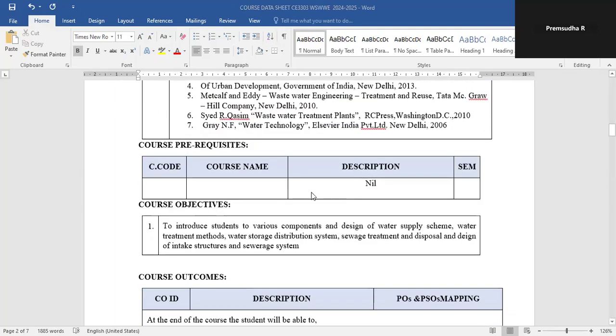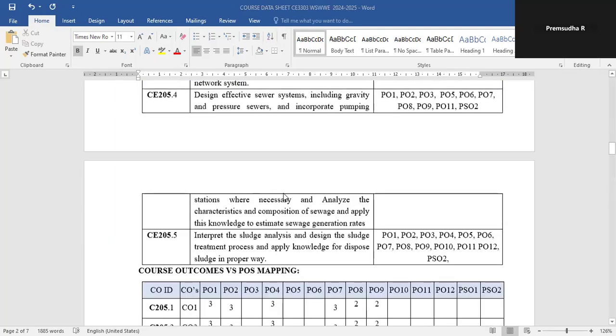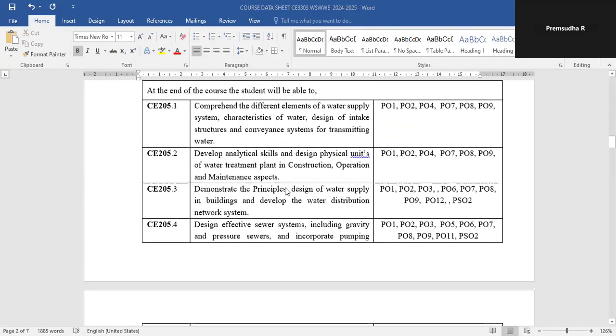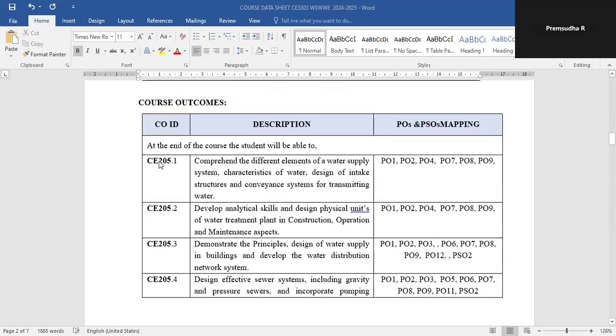Then here you can see the course outcomes. There are 5 course outcomes. Once you study this subject, what will be the outcome? The first outcome, CO1, is to comprehend the different elements of water supply system, characteristics of water, design of intake structures,